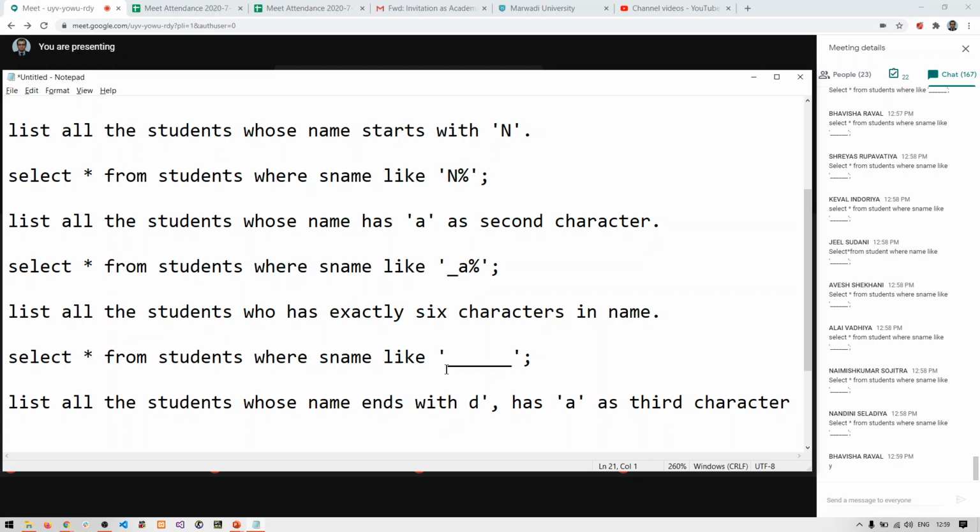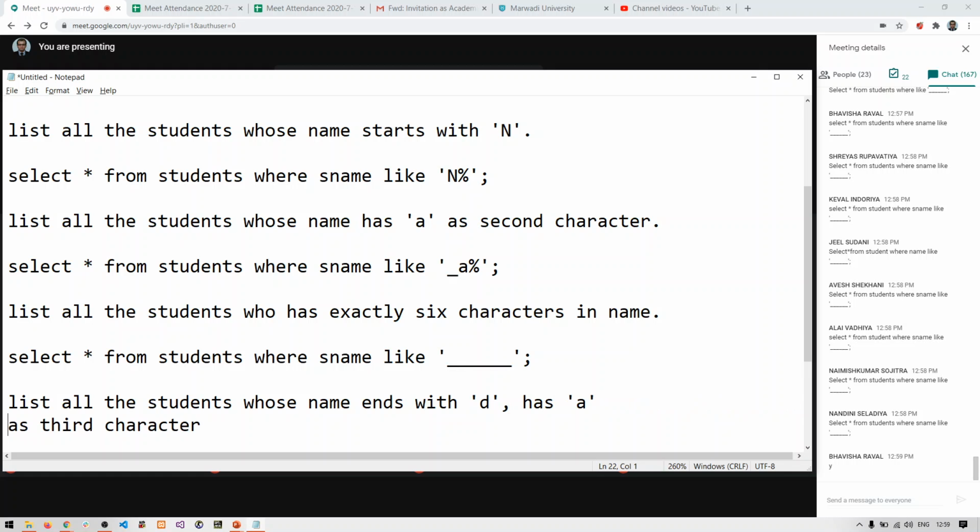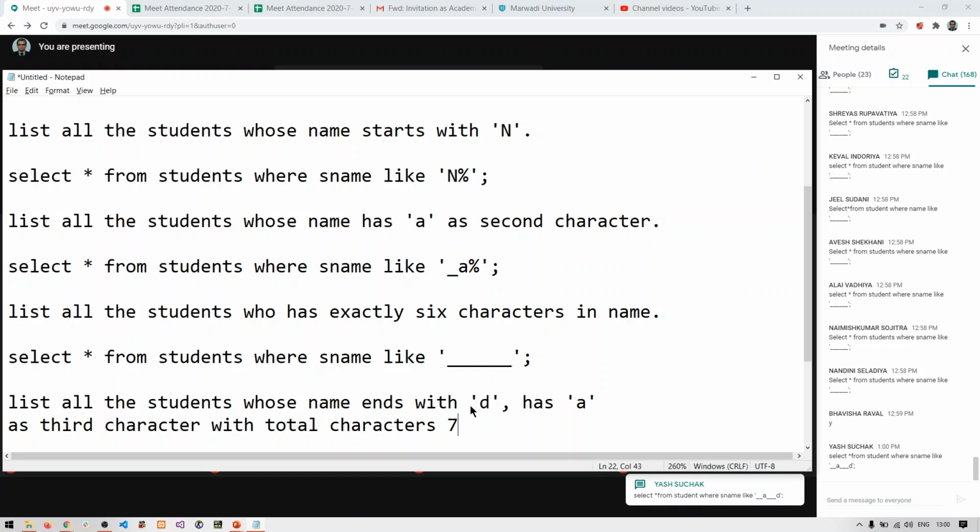The question is not finished yet, so don't try to write down the answer in haste. Has A as third character with total characters 7. Write down the answer for this now. Superb, guys, very good.